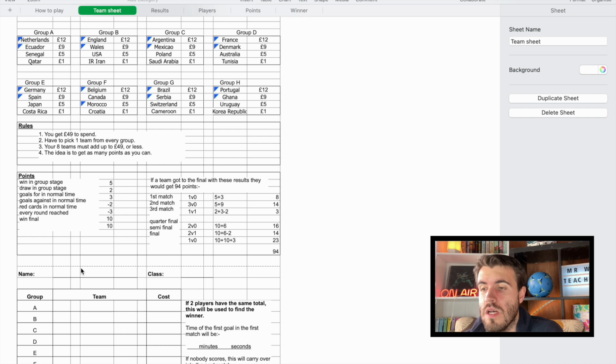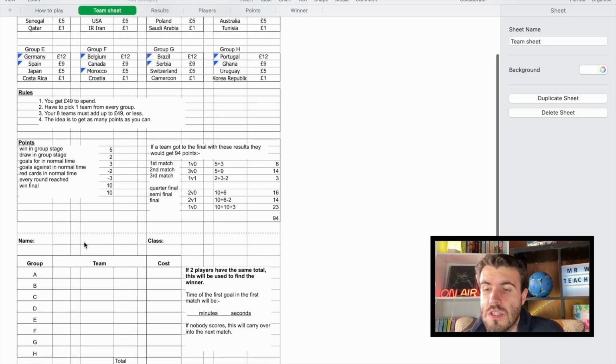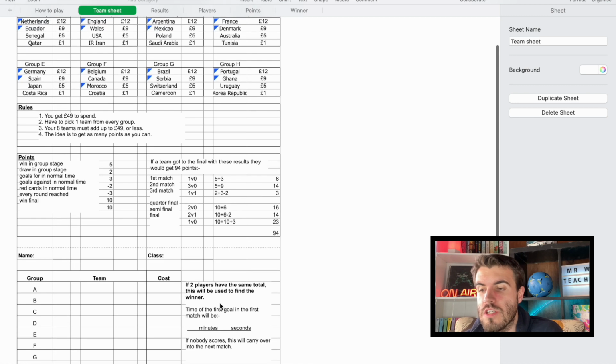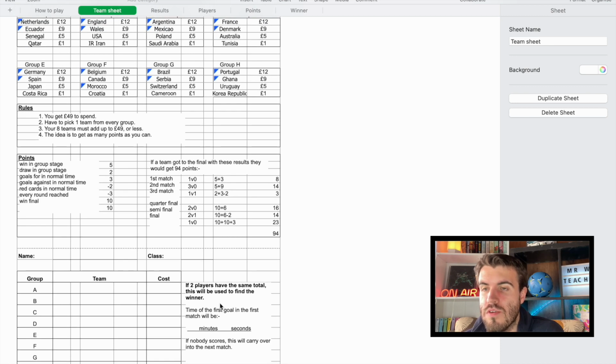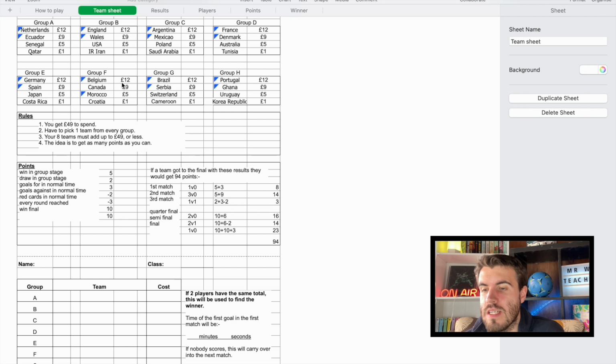So when you print this off, the child will obviously put the name there and put the class over there, and they'll write down each team they want to pick and the cost, and they can add up the cost. There's also a tiebreaker down here, so the first goal in the first minute, you can put that in there to see if you need a tiebreaker at the end if everything is level. So you go through and you pick all your teams. Now, for instance, you might pick Netherlands, USA, Mexico, Tunisia, whatever teams you want to pick. You go through and pick one team from each group, write them in, add up your cost, and make sure it stays to less than